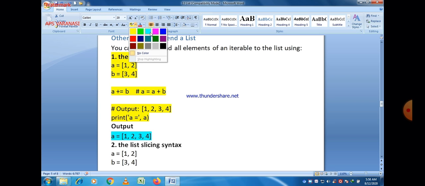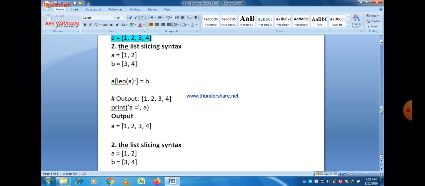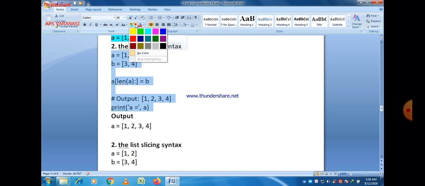Okay, and the second method is the slicing syntax. You can use the slicing syntax also to extend different data items. Here A is a variable containing two data items 1 and 2, and B is another variable containing two data items 3 and 4, and here we just use A[len(A):] = B. Here within the square brackets we pass len(A), meaning the length of A. Length of A is 2, up to 2 after that colon sign, and there is no end value here. So all the values are added at location 2 and onwards.